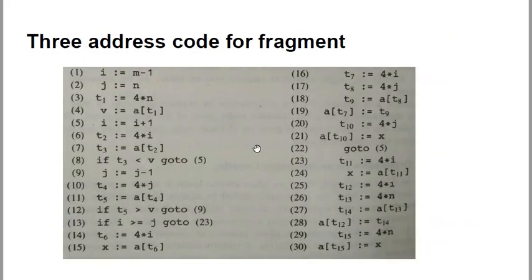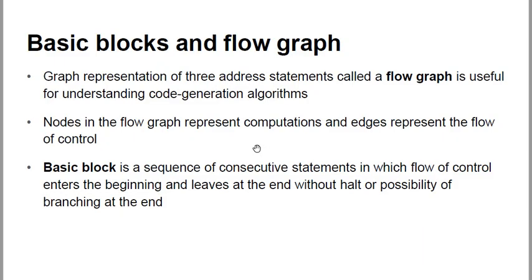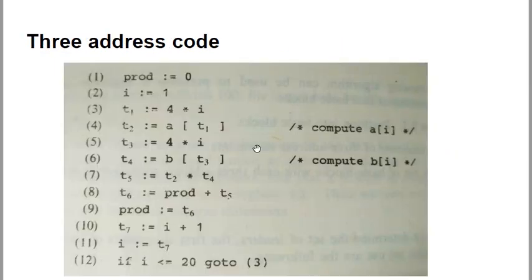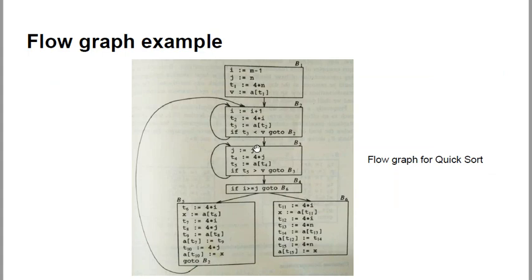So like this, in the previous example, how many basic blocks did we have for this particular quicksort code, for which we had a three-address code? We have to see. This is the corresponding flow graph. We had 6 basic blocks. I had already discussed how the basic blocks have come. So B1, B2, B3, B4, B5, B6.